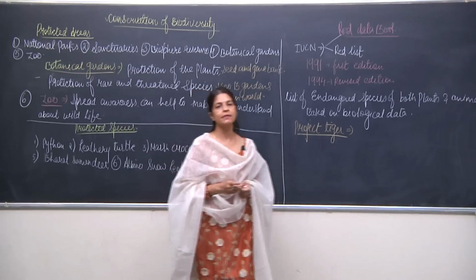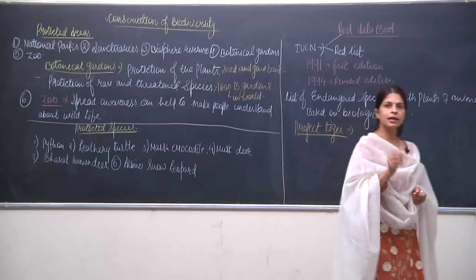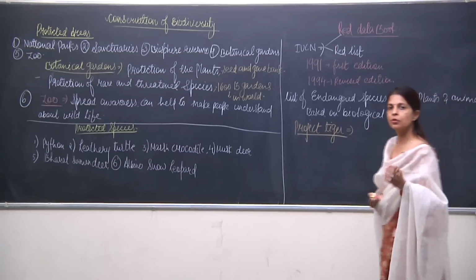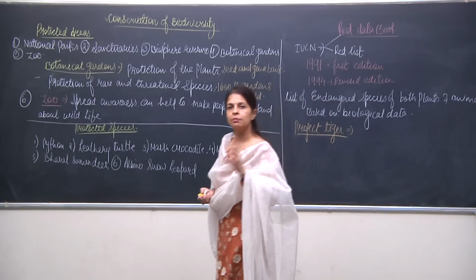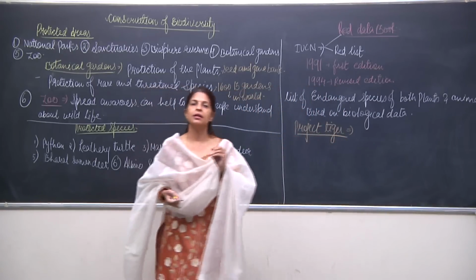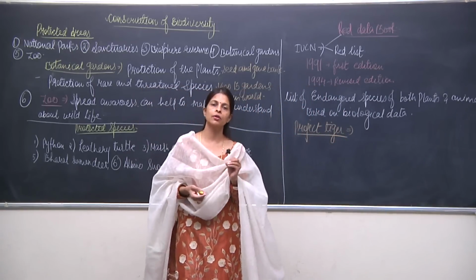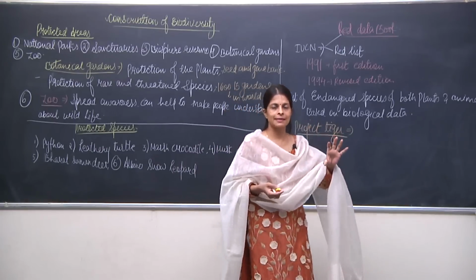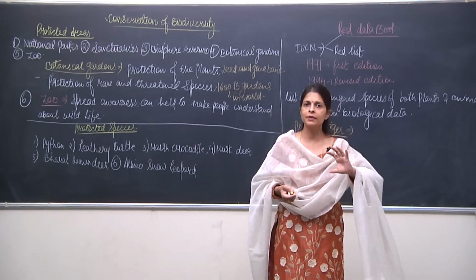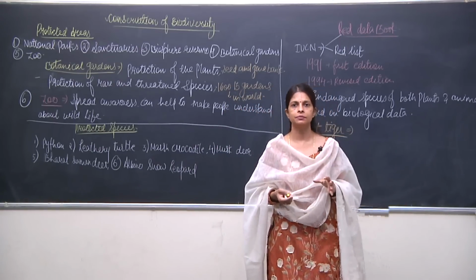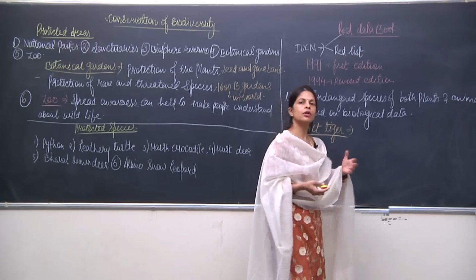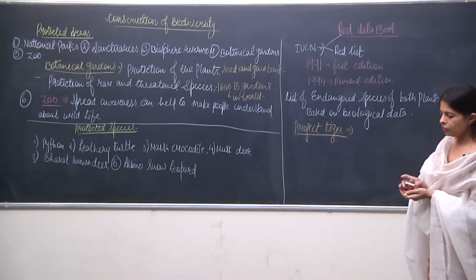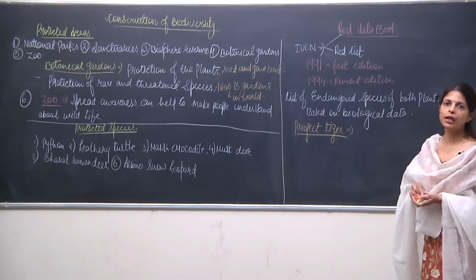In 1972, see, earlier in our country there were many tigers, and we know that our country comes in the zone of mega diversity. That means our country is rich in diversity. We have got all sorts of animals over here. That means the diversity is vast. Quite different habitats are there in India. That is the reason we have got different kinds of plants and varieties of animals over here. And before, the number of tigers was also good.